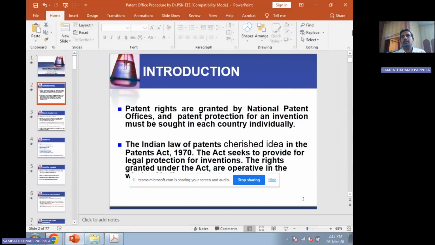Okay, how can you get an idea? A problem that you are facing, surrounding you, can be converted into an idea. You are facing so many problems around you. Theoretically or practically, how do you overcome them? Someone gets some idea on it. So that can be converted into the form of a paper. That is nothing but a journal paper. After that, if you want to have any rights on that particular paper,